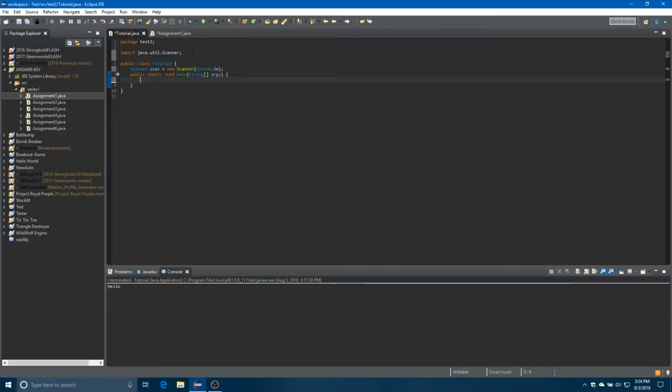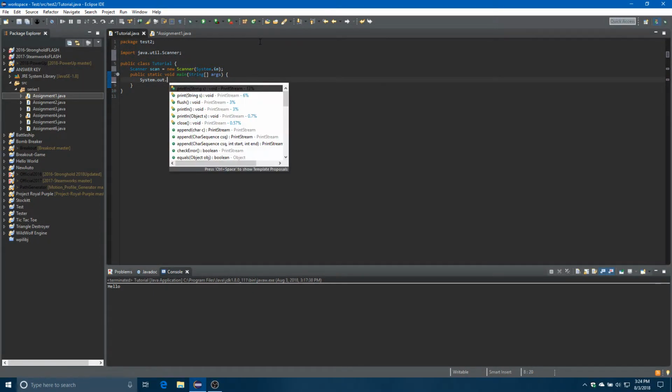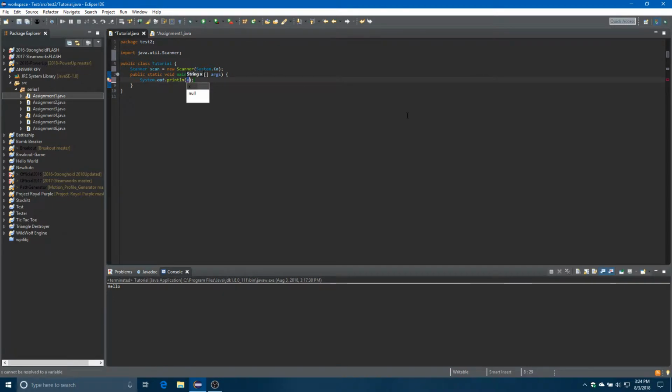Java is nice enough to provide tools for you to use if you ever want to do more complicated stuff, and the Scanner is one of them. So I can demonstrate for you. Let's say I ask a question. Yes, I know this isn't going to be in the assignment either, so don't worry about it because it's not all too useful. But I feel as if I should teach it to you just so that you have it in your repertoire in case you ever do have to use it. I mean, it's not that useful for robotics, but if you want to do your own programming, you can totally do that. So we're going to print out